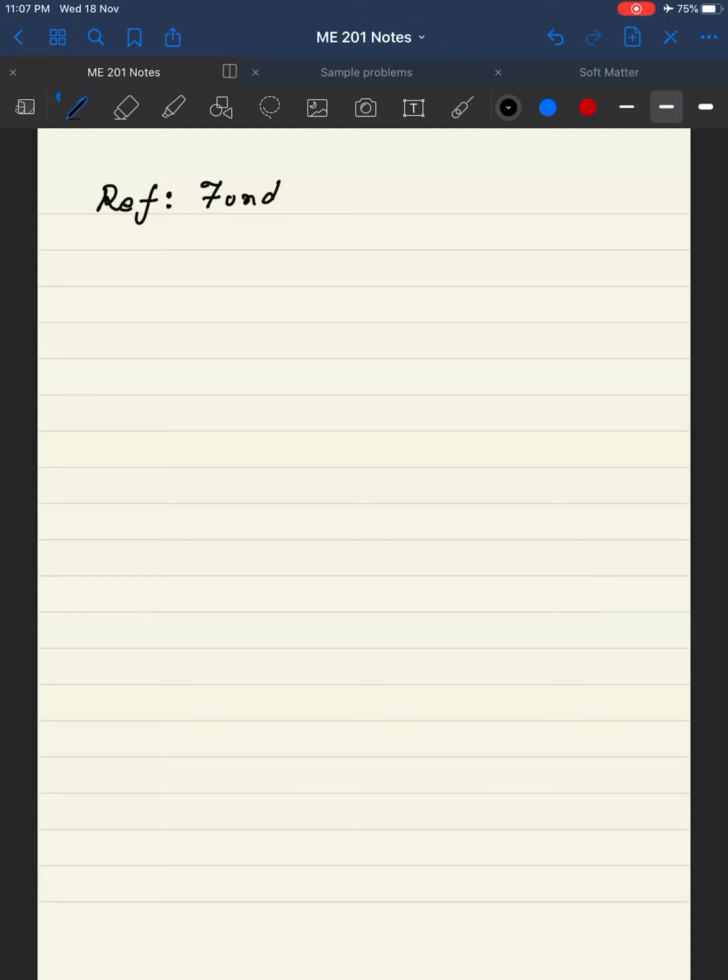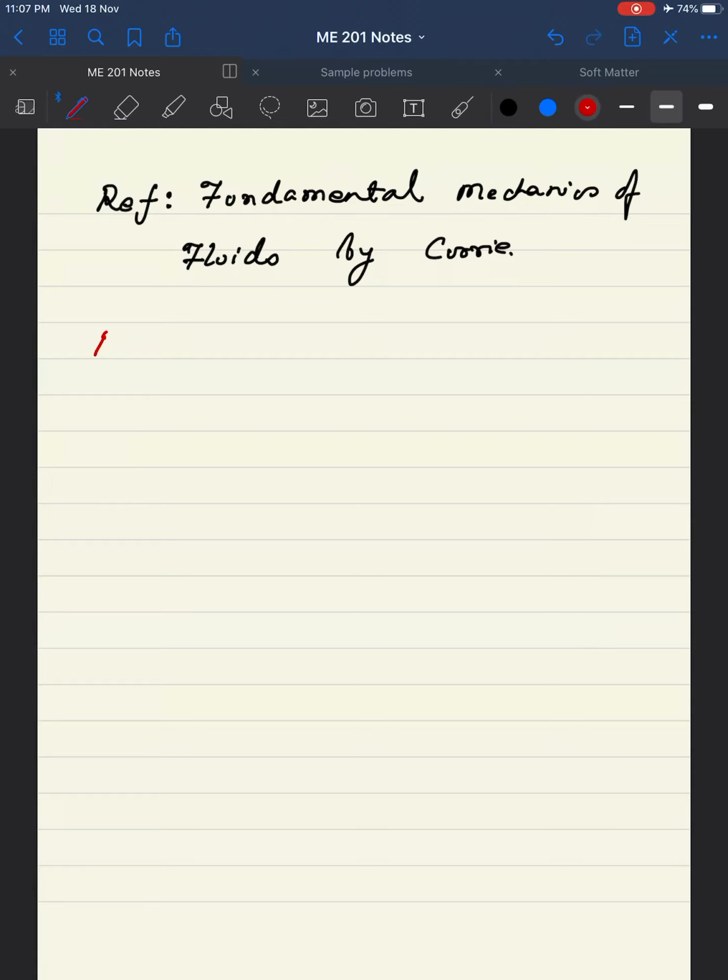Fundamental Mechanics of Fluids by Curry. Okay. If you wish, you can take a look, and it explains the Blasius integral law rather clearly, and that's why I'd like to use this particular text. So the topic at hand is something called the